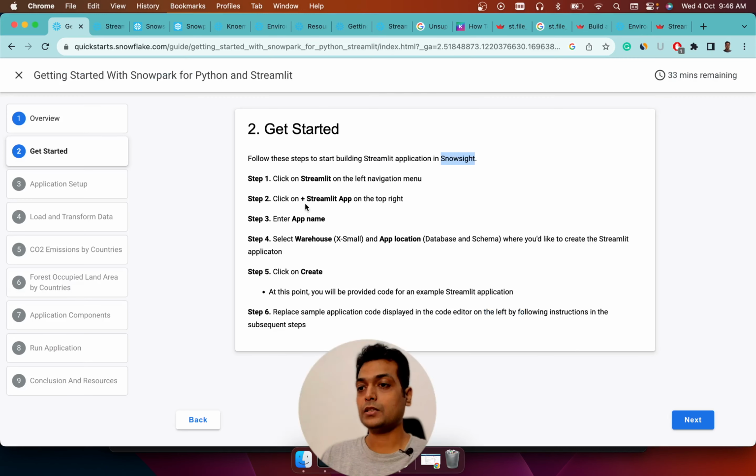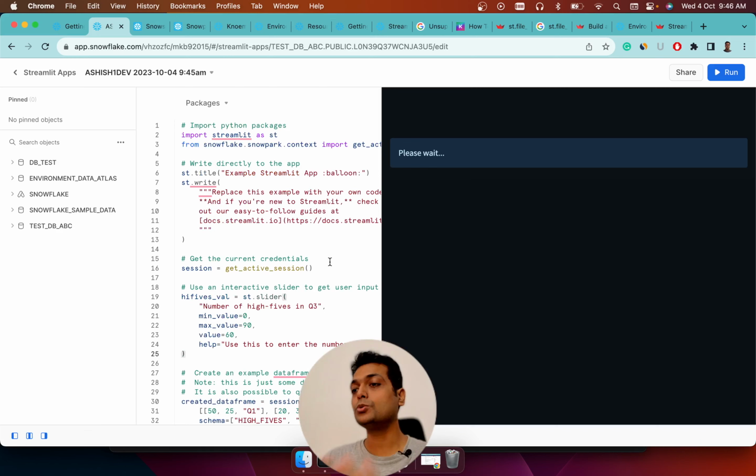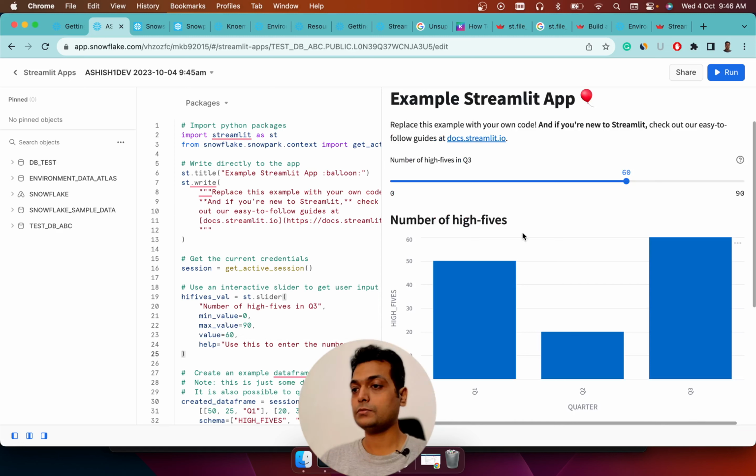Okay, you create a Streamlit app, enter the name, select warehouse, select app location, click create. Now here it says replace the sample application displayed in the code editor on the left by following the instructions in the subsequent step. So here you got a sample application. It says that you need to replace this, but let us see what UI it loads, so we get a good idea. So it loads some of this data, and